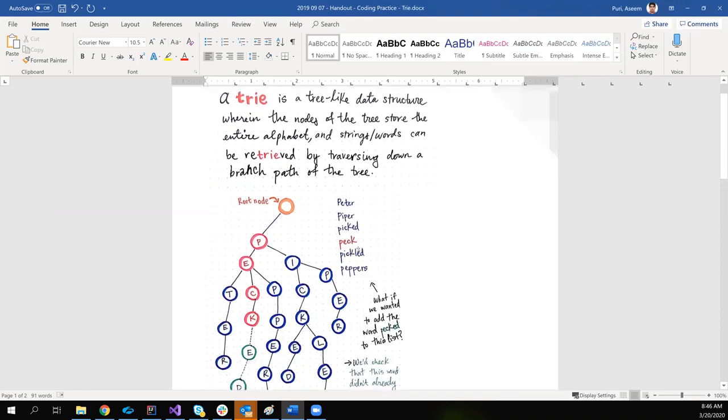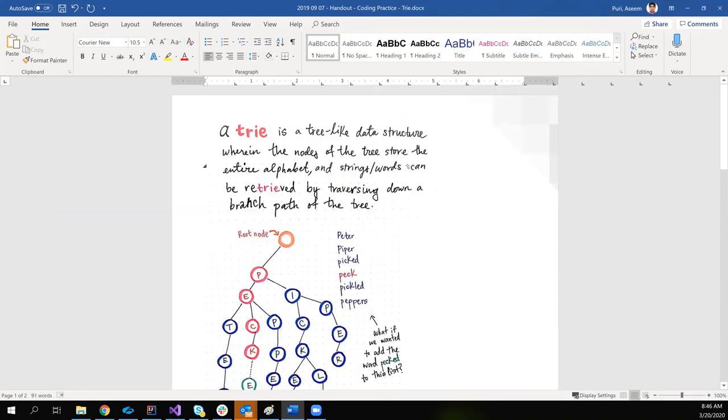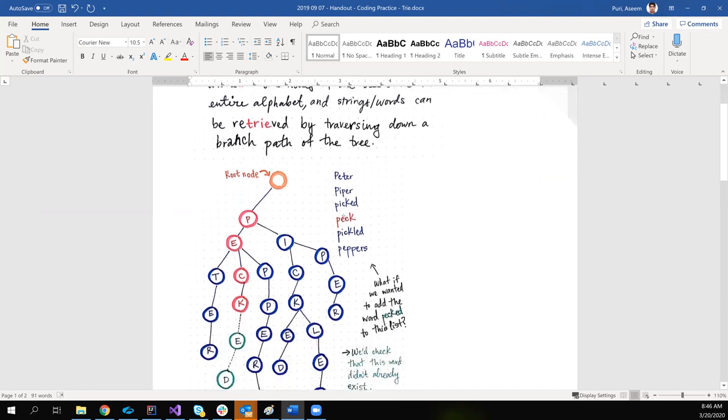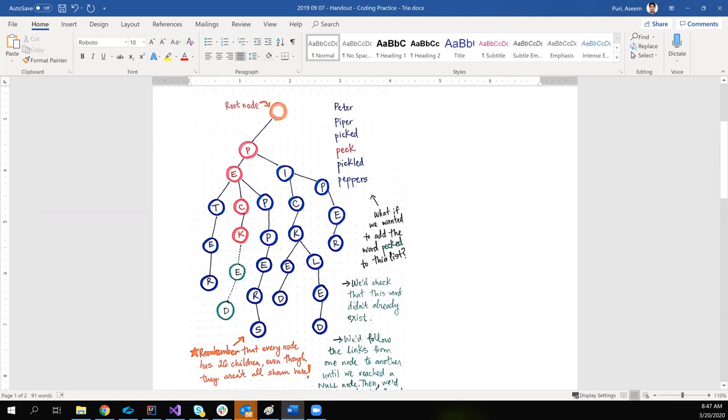So what is a trie? A trie is a tree-like data structure where the nodes of the tree hold the alphabet, or the strings and words can be retrieved by traversing down the branch of the tree. So basically there are a couple of things in a trie. You have a root, then root would have